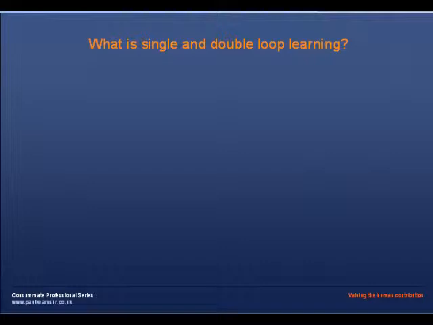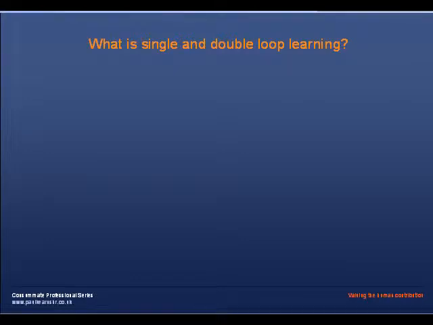Chris Argyris, who's written many times on the subject of organisational learning, came up with the idea of a distinction between single and double loop learning. His simple example was to think of a thermostat controlling the temperature in a room. This only works on one variable, heat. It either switches on or off according to the temperature in the room. That's a single way of thinking. It only looks at one variable. Double loop learning looks at all the potential variables involved in a process or a problem.